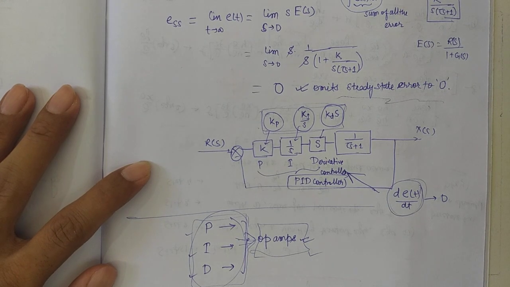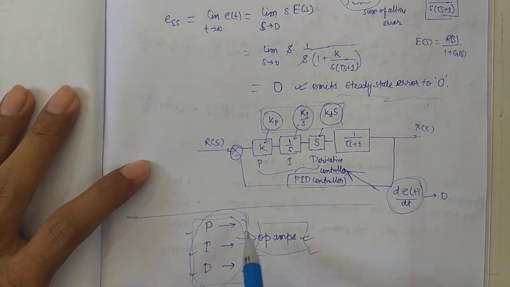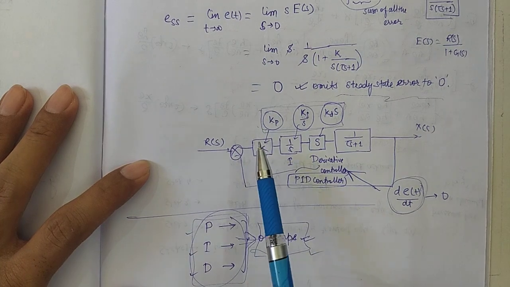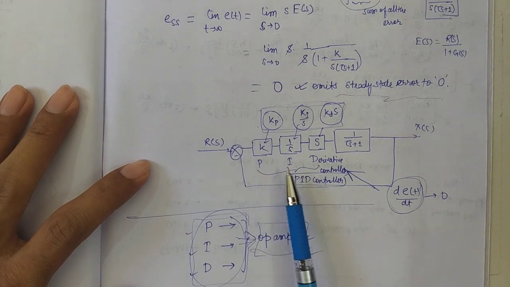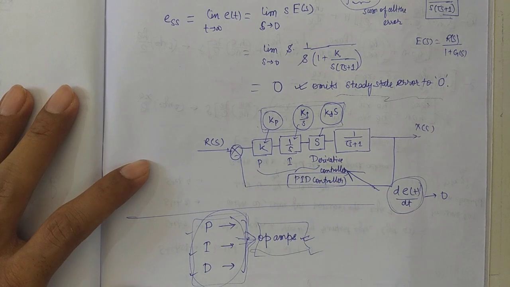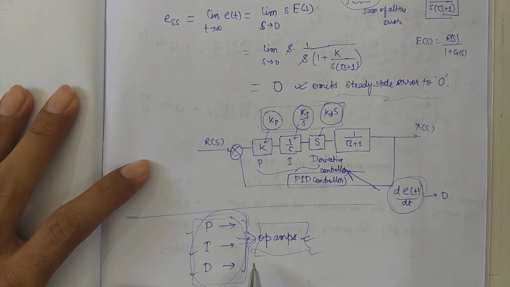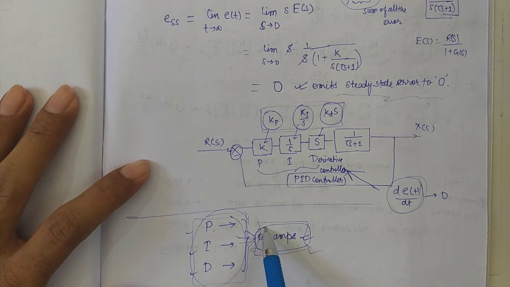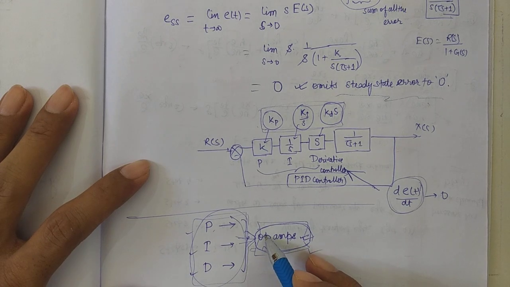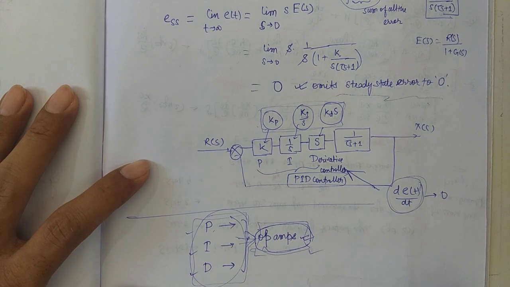Good afternoon. In the last class, we were talking about the types of controllers such as P, I, and D, and how mathematically, through transfer function, we can integrate them in a closed loop framework. Today we are going to discuss how these P, I, and D controllers are physically related to electrical circuits, such as they are made up of op amps. What we have studied earlier, we are going to see in a bit more detail.